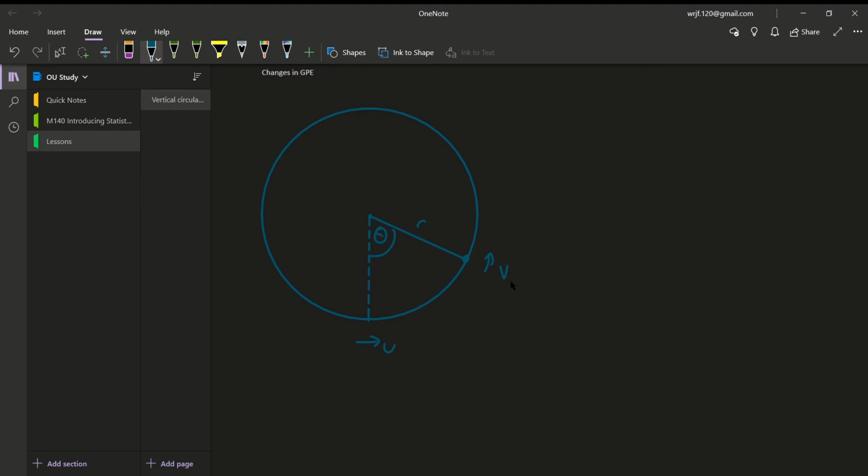And the way we would measure that point typically would be by what angle the radius has gone through from the bottom to this general point. So we're looking at an angle of theta as the means of specifying the position. And so if we want to calculate the change in gravitational potential energy for a situation like this, from the bottom to a general point with an angle theta, then obviously what we need to do is calculate h. So h might be, for example,